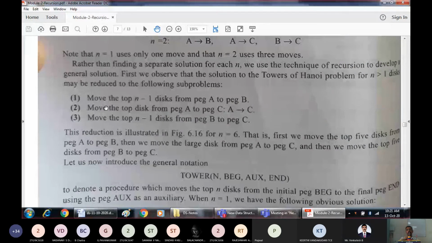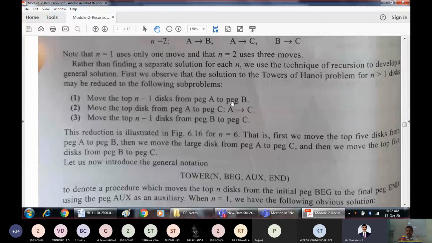Here, practically, we will not be picking all 3 at a time, but you should move only one at a time. That means you perform all the movements: move it here, then later take it here, then bring it here, then this one here, then this one here, without violating the property of movement, and then I'll take it here. So what we have done is step number 1: move the top n minus 1 disks from A to B. Take n minus 1 disks from pole A and move them to B. This is what we have done. By skipping all those steps, I have shown you directly like that.